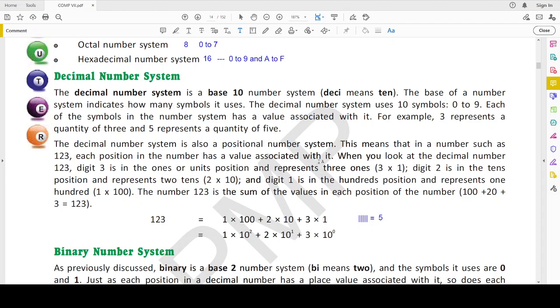It is according to the base, and based on the power, it will be the power raised to the base, right? What is the power raised to the base? You can see